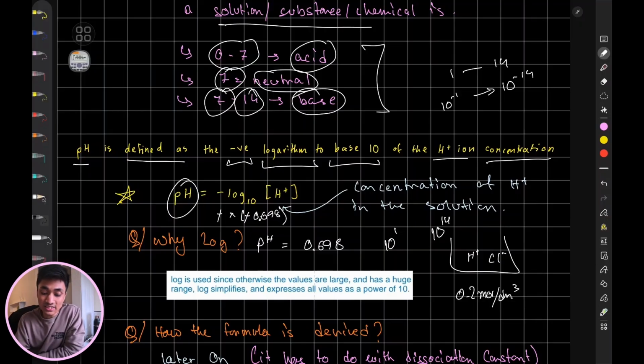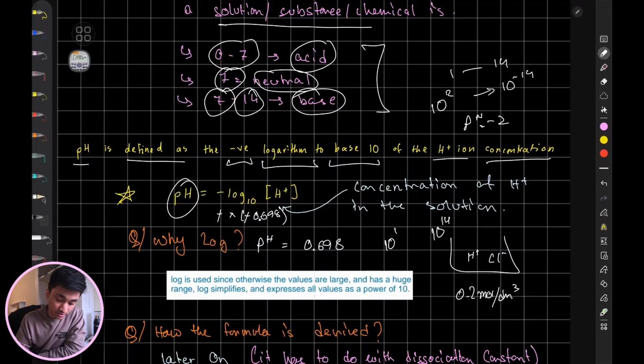Okay, usually this is the max we see, 10 to the power minus 1. That is why it's capped at pH of 1, but it can be negative. That is, your pH can be negative. If your pH is negative, that means the concentration of H plus is highly positive. So it can be, let's say, 10 to the power of 2. That means your pH will be minus 2